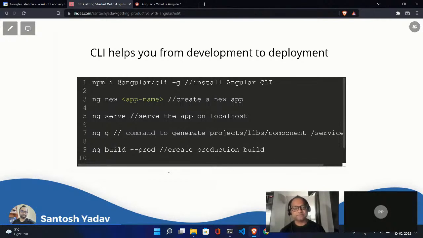server of your choice. I prefer using Netlify for all my open source projects. So if you want to go ahead and deploy your application, try Netlify. It's amazing. It's free for open source as well, and you can play around with any. So it's not only Angular. You can go ahead and deploy React application, Vue application, any front end application on Netlify.